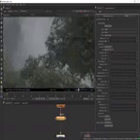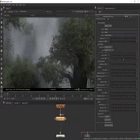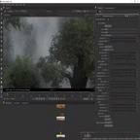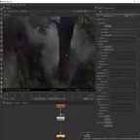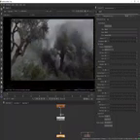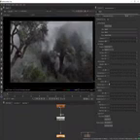The grain, I dropped down to around 30. Like that. So if we switch before and after, we're just adding a little bit of grain in there. I had to play around with the shadows. Set the amount to around sort of 54. So we're just introducing a little bit of sort of purpley blue in the shadows there, which looks kind of cool. The midtones,